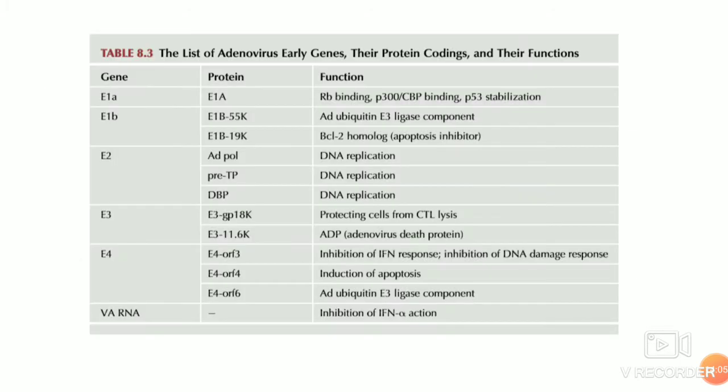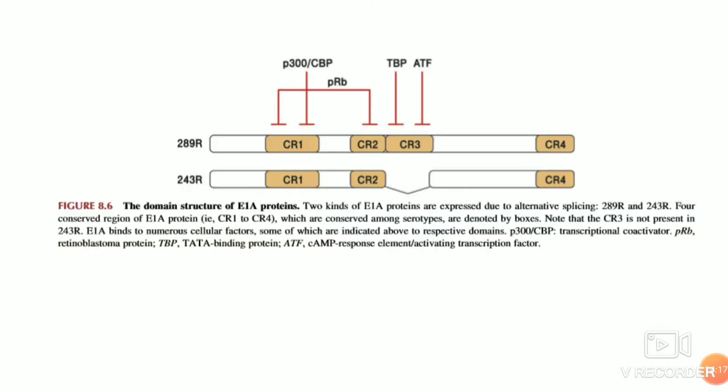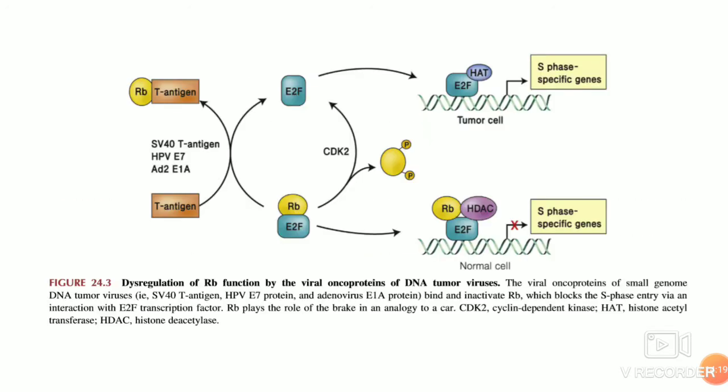So E1A is an important factor because it plays a central role in establishing the viral infection by triggering the entry of the cells to the S phase. This trigger happens by E1A protein binding to retinoblastoma protein. In normal cells, if the switch should happen, if there is a mitotic trigger,